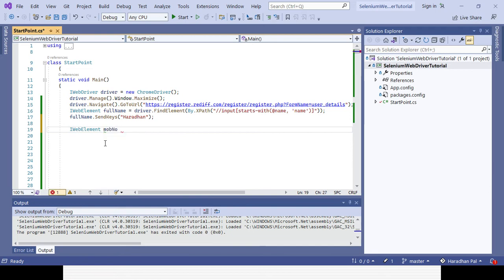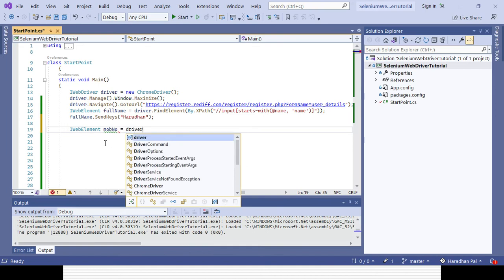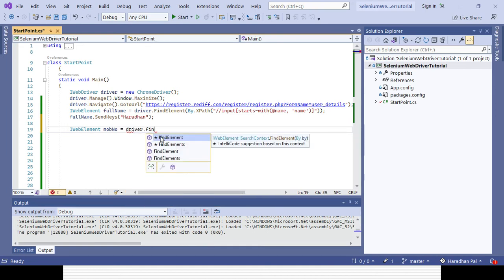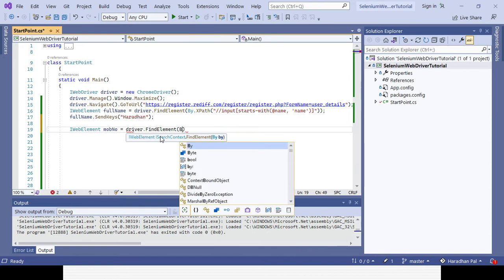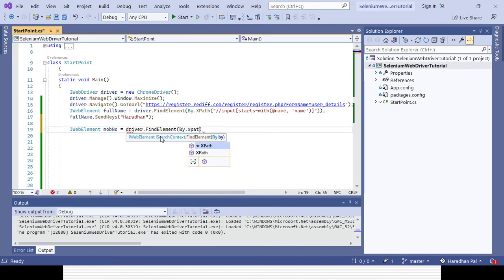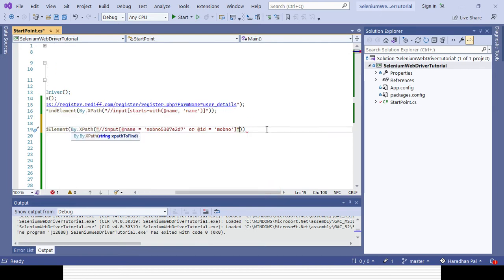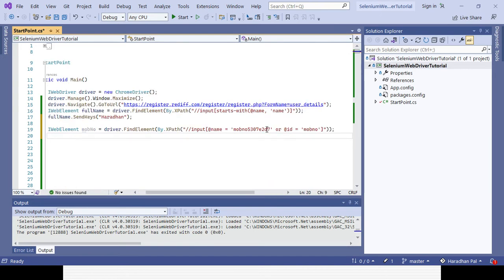Mobile number field equal to driver dot find element by XPath. Okay, I can close the second bracket, close the semicolon. Then this is the text field, so I can send some keys, some mobile number, because this will be numeric here, right? So I can enter some numeric value here.